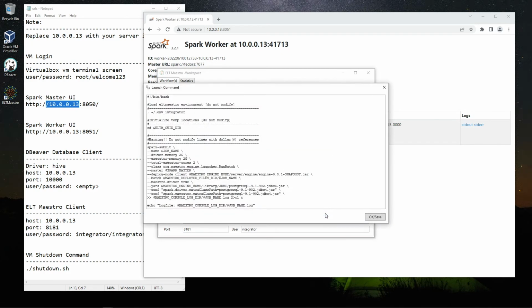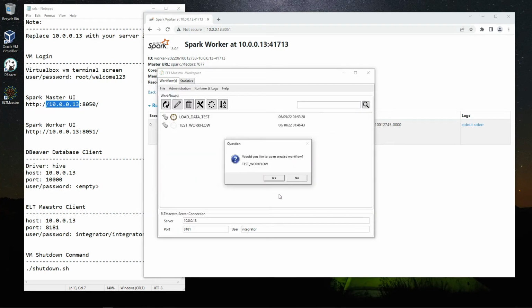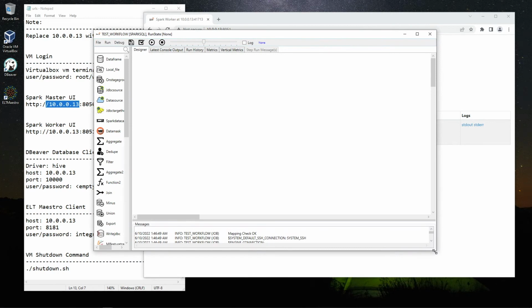Click OK. So here you can customize Spark submit arguments here. By default, driver memory is 2 gigabytes, executor memory is 2 gigabytes. I'm going to change the number of cores to 4. Click OK. This will create a workflow with that configuration. This is a ELT Maestro workflow window here. Let's drag and drop a data frame object. Double click,